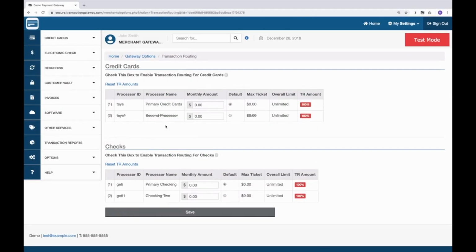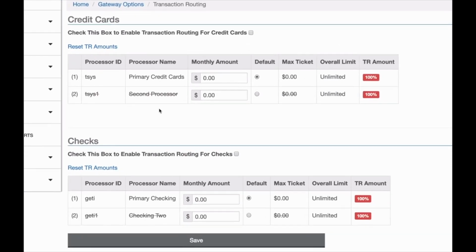Transaction routing is a feature that lets you distribute your transactions across multiple processors on your gateway account. By default, this feature is off, but you can turn it on, and then when you do, you want to set these monthly amounts to proportions of transactions you want to go through each processor. So I'm going to look at credit cards right now,